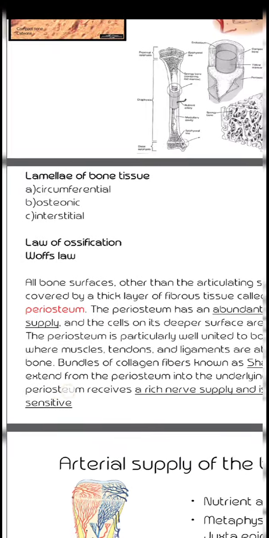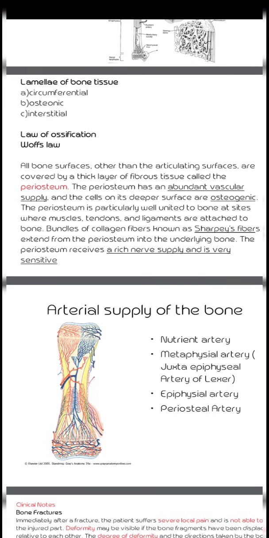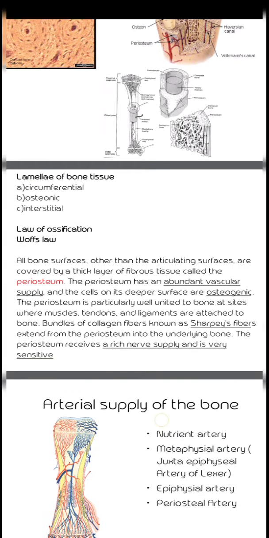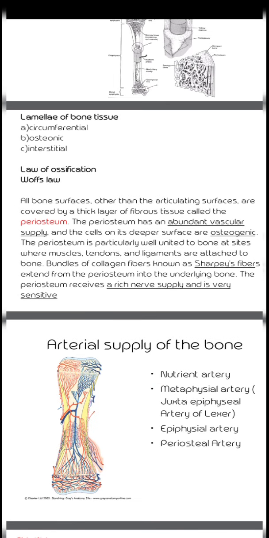Then there is a law of ossification that is known as Wolff's law. You just need to study it once, don't need to remember it. It states that all bony surfaces other than the articulating surfaces are covered by a fibrous tissue that is known as periosteum, and periosteum has an abundant blood supply, vascular supply, and the inner layer of periosteum is osteogenic. It contains some cells which produce the bone, which grow the bone,